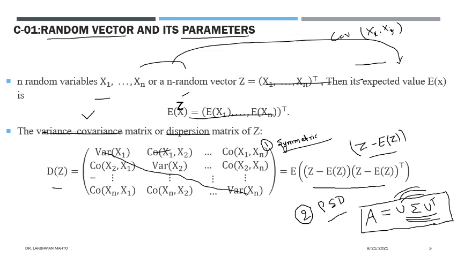This right hand side notation, if you take any entry of this one, it would always be greater than or equal to 0. So from this representation you can say that U times sigma times U transpose would be a positive semi-definite matrix, and hence we can say that A is a positive semi-definite matrix. That one is the reverse.